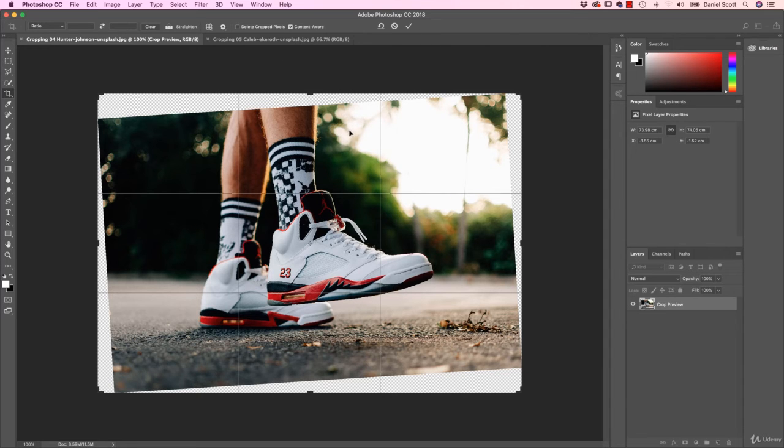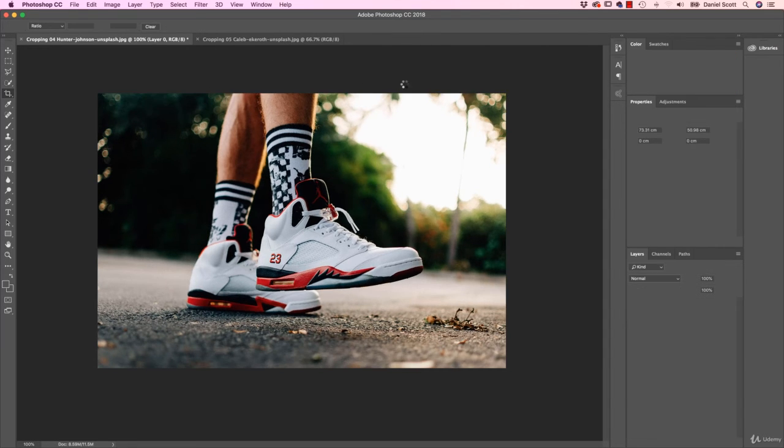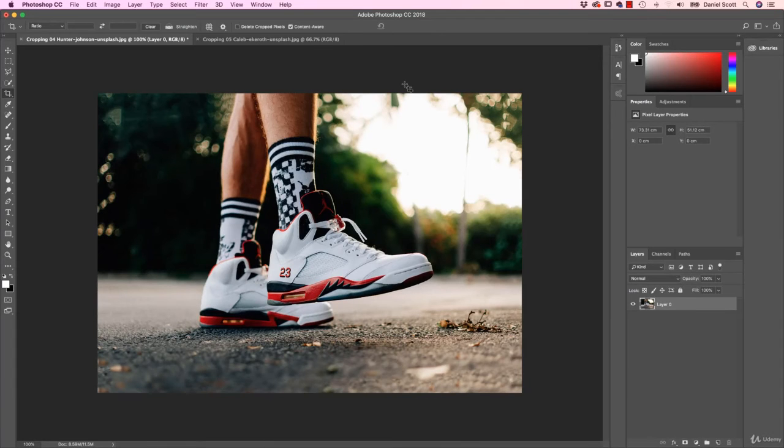Now click return on your keyboard, or you can click the little tick up here, and hopefully, fingers crossed, it starts. It's pretty magic, huh? So it's invented more background, straightened the horizon line, and what I'd like you to do in the second exercise,